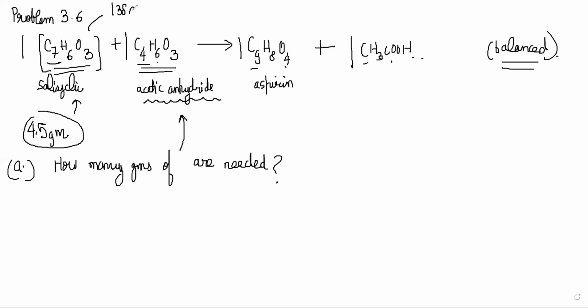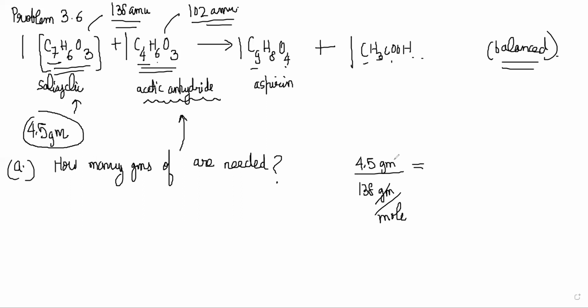B is 48 plus 96, that is 102. Okay. So what will you do with that? So A is 138 and you have only 4.5 grams of A. So you have to find the ratio, like how many moles are available. How many moles are available in A? 4.5 grams by 138 grams per mole, right? Yes, sir. This becomes 4.5 by 138 mole of one reactant present.